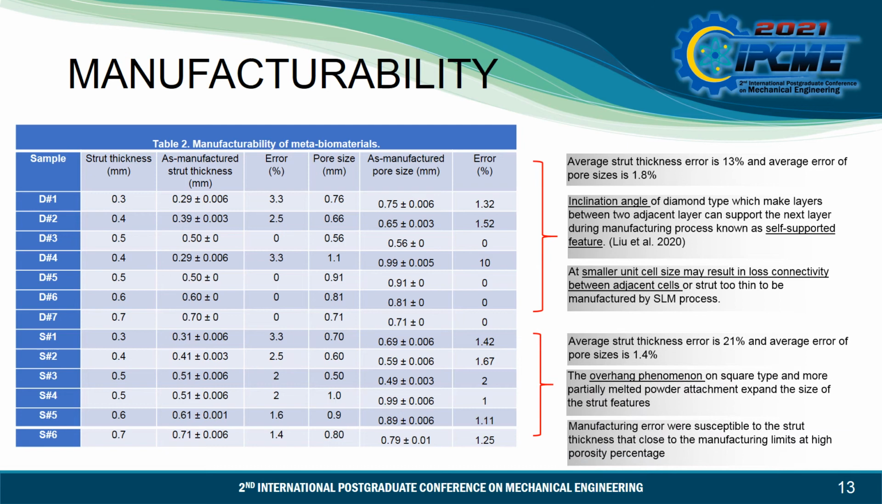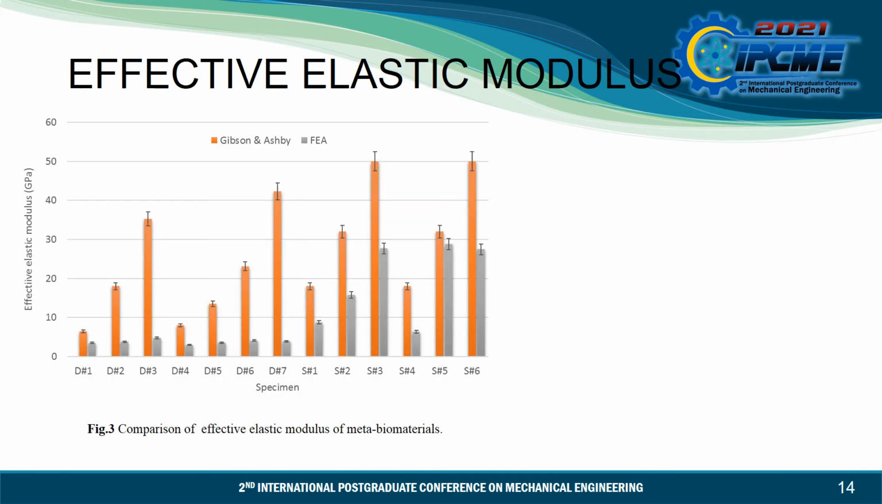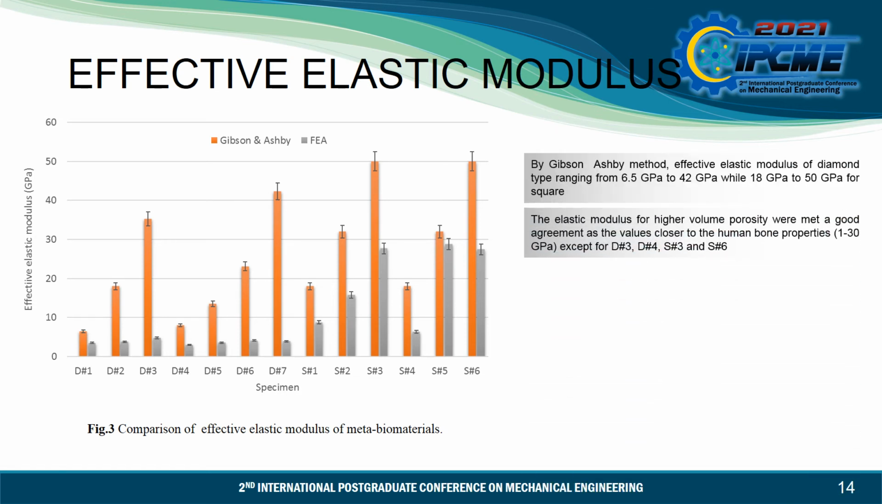For the square samples, the average strut thickness error is 21% and the average error of pore size is 1.4%. The overhang phenomena on the square types and more partially melted powder attachment expand the size of the strut features of the square, and the manufacturing error was susceptible to strut thickness close to the manufacturing limits at high porosity percentage. From the effective elastic modulus for the Gibson-Ashby and finite element analysis, by the Gibson-Ashby method,